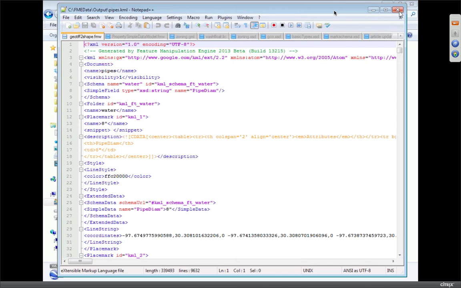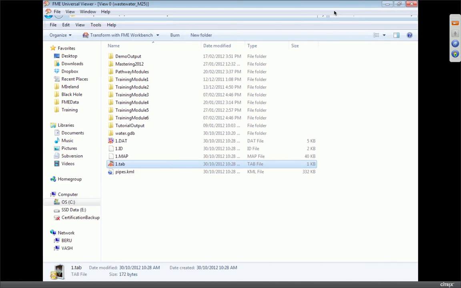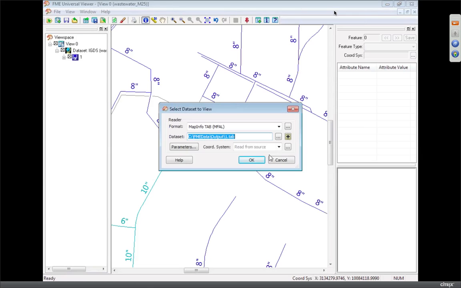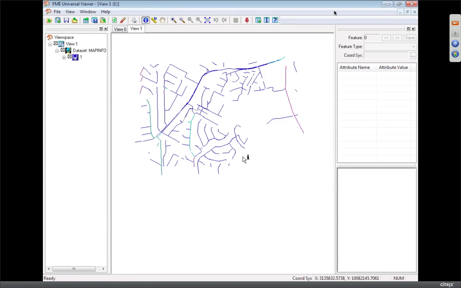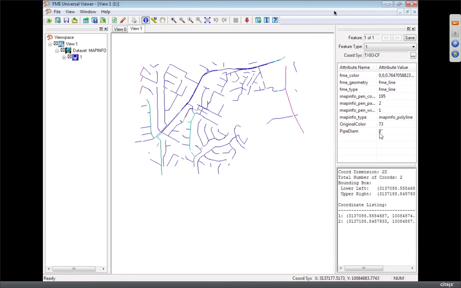And I could open that up in Google Earth. I'm not going to, because Google Earth tends to run pretty slowly when I'm doing it in a webinar over an internet connection. But if you double click it, it would come up. Yes, and I'm sure you can trust me. It works. In fact, what I could do is open up that tab file in the FME viewer, just to prove that yes, we have got the information we wanted, and it's got the pipe diameter attached to each of